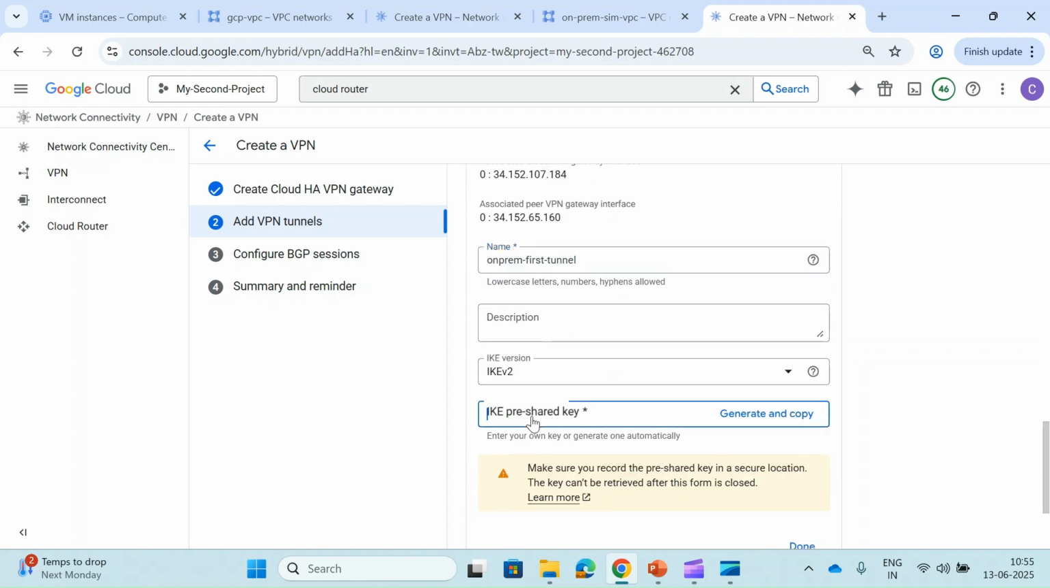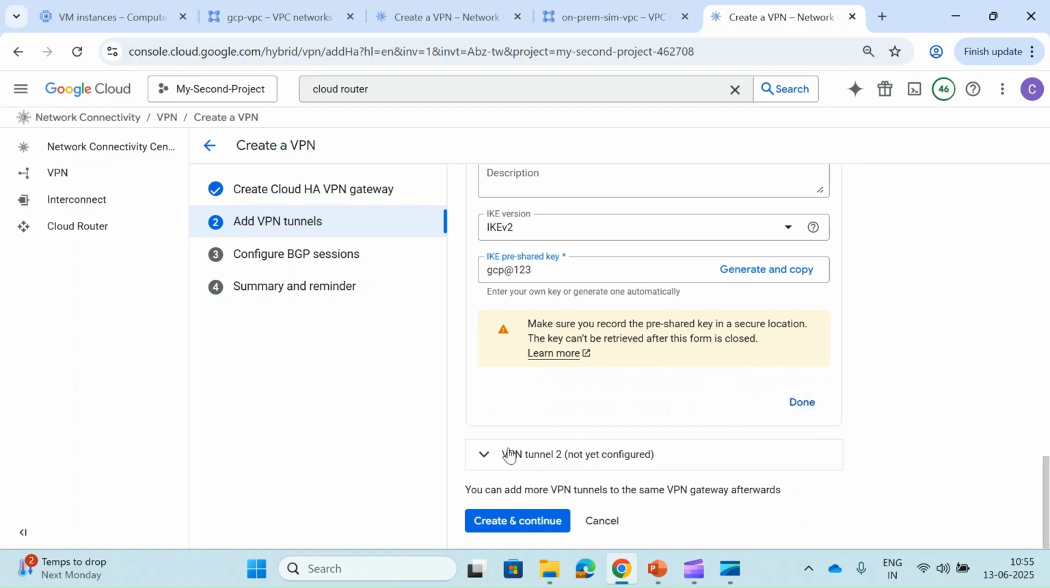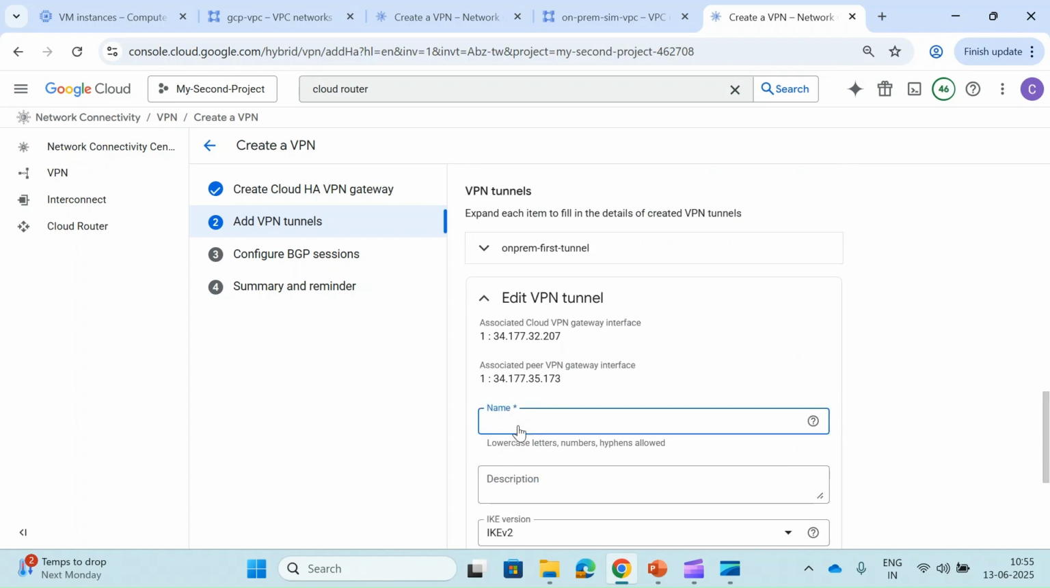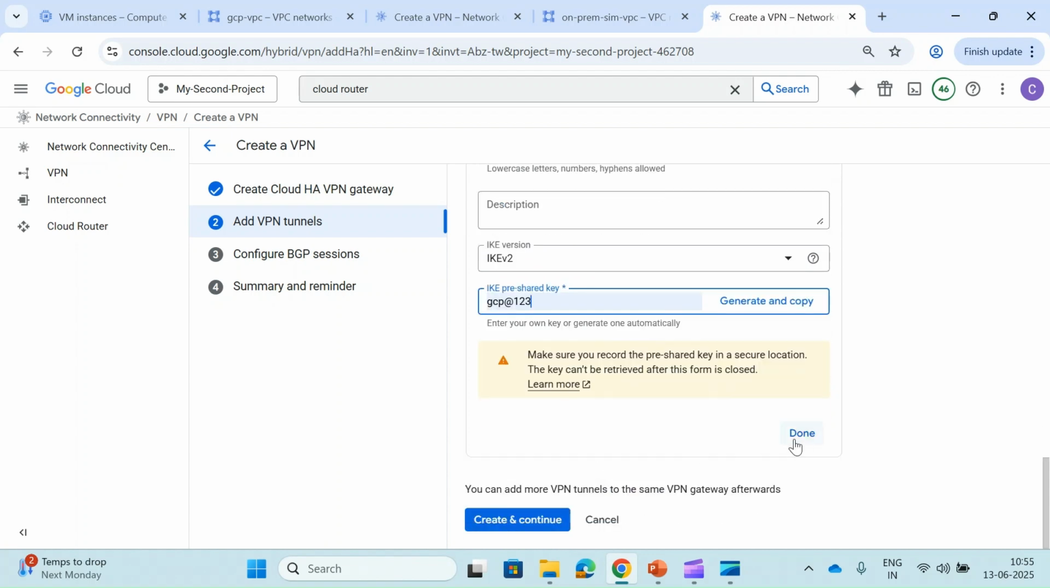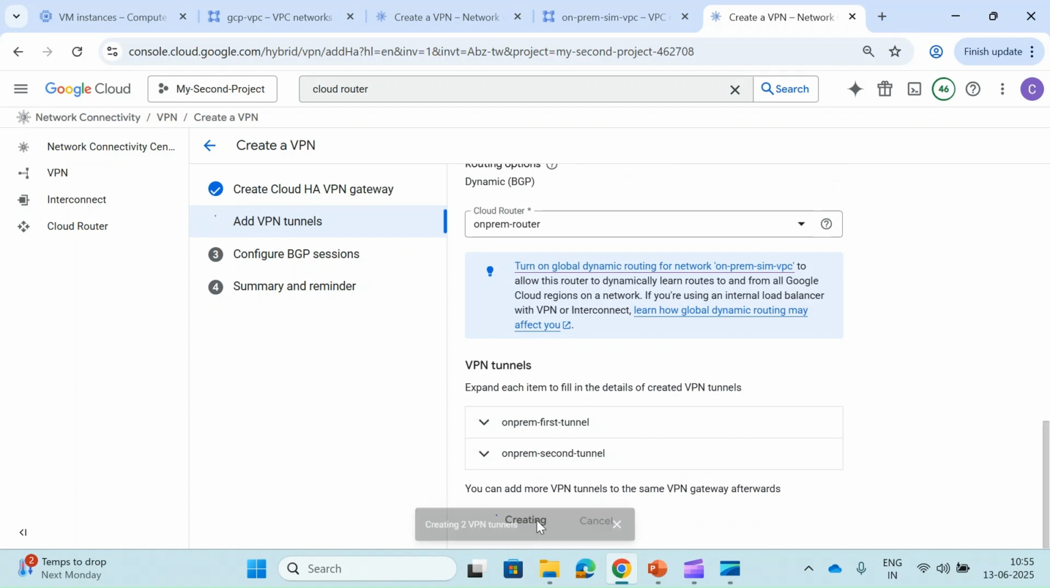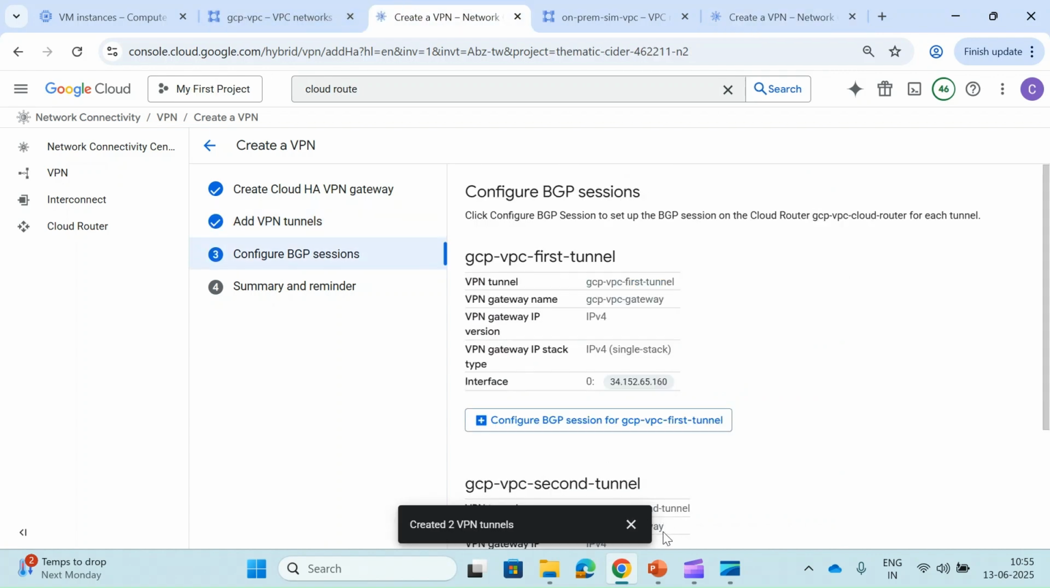and the same key I have to provide here also. Otherwise, the connection will not work. Now, what I have given there, click on done, and here I will provide on-prem second tunnel, and after that, the same key again, GCP@123, and click on done, and click on create and continue. Now what will happen if you come back here, it has created two VPN tunnels for us,